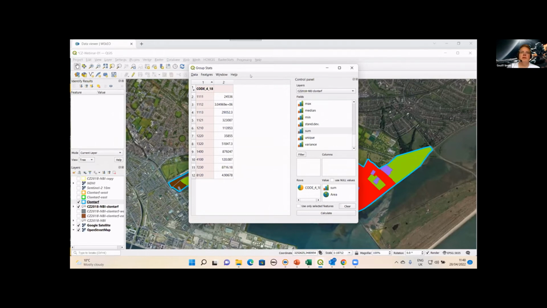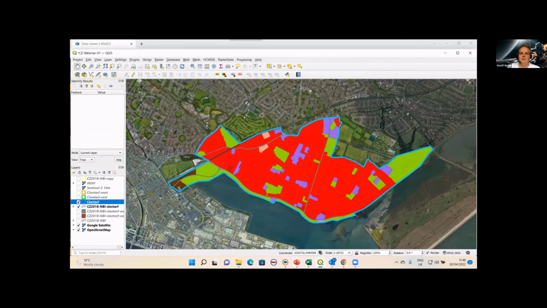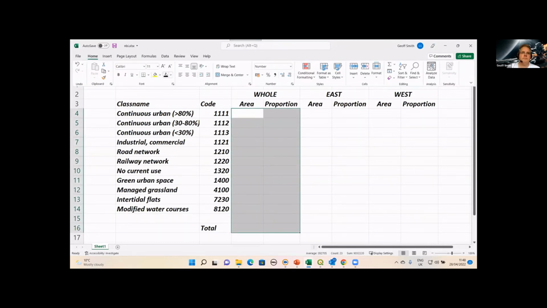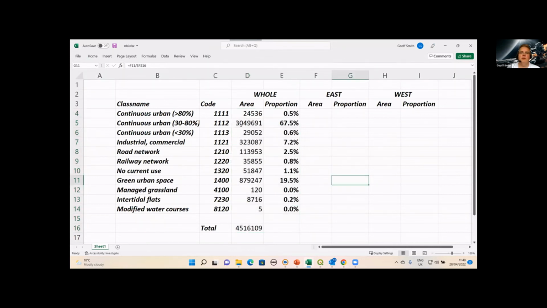Okay, but what I've done already is I've taken this information from here, and I've transferred this into a table. So it's a slight cheat, but I'm just going to show you the data there. Those numbers are exactly the same as what we had before, and so for those classes, you can see in more detail now the 3 different urban densities. The majority is this medium density residential here.